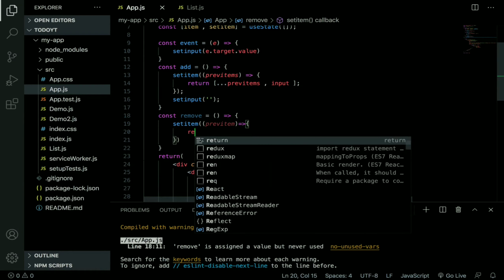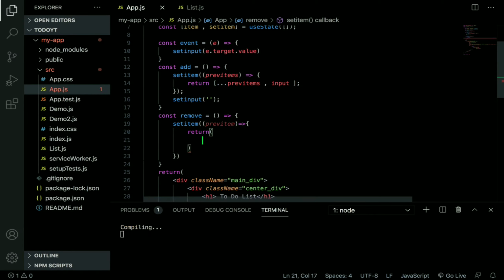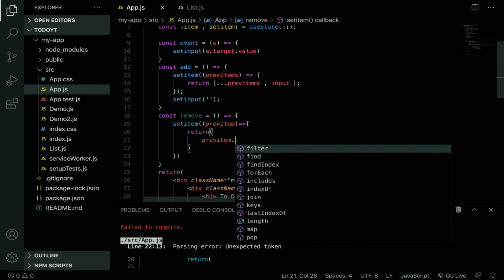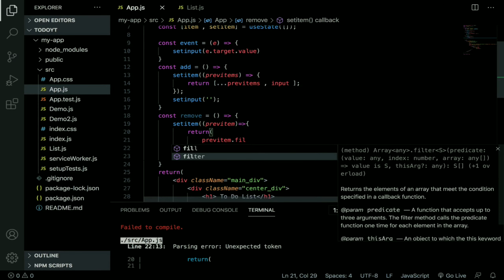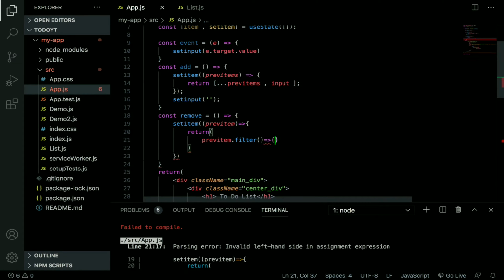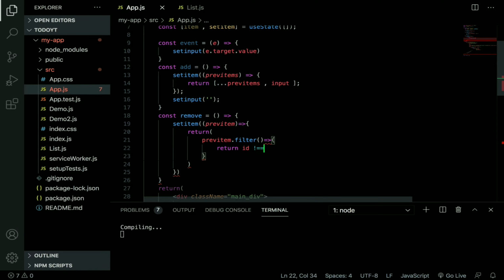Inside this I will return, and inside this return I will filter all the previous items. So previous items dot filter, and if and only if the id is not equal to the index,